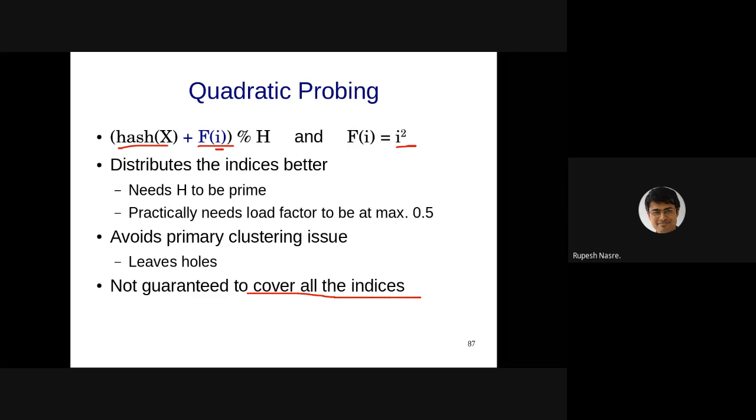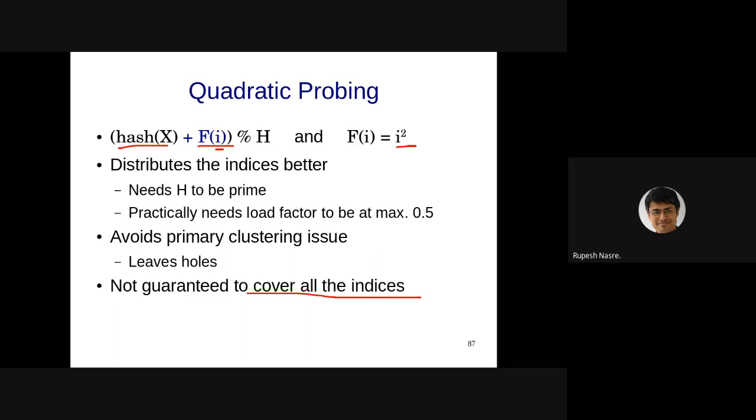There is a proof also which I am going to skip, which is there on the slides, but you don't need to really worry about that. So that becomes a big advantage with respect to quadratic probing. You just set H to a prime number and make sure that the hash table is large enough such that the number of elements that are going to get inserted is less than 50%, which also means that you are going to waste 50% of space in that way. But yeah, if you can afford that, then there is really no problem.